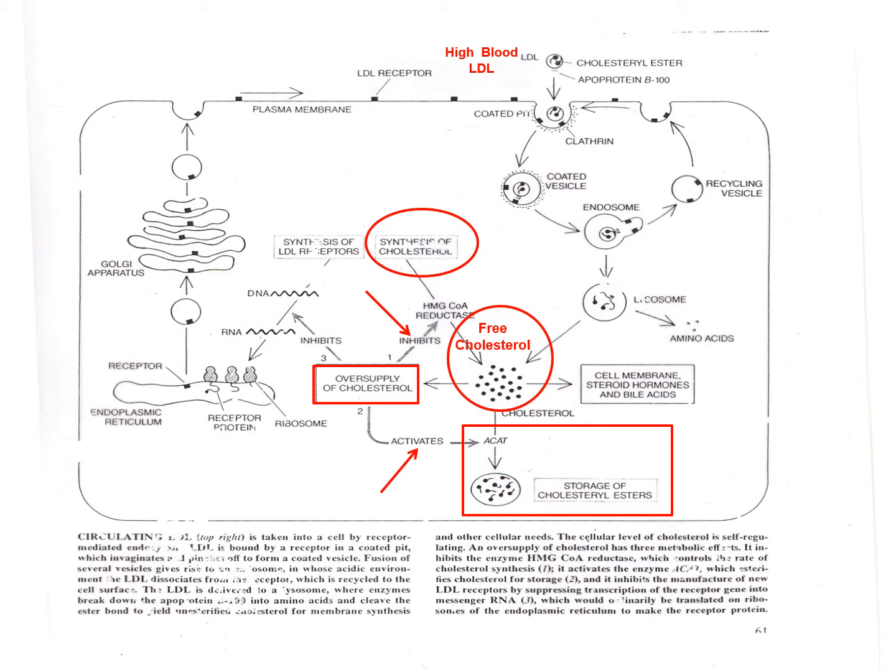Then I want you to know this ACAT system, and you'll notice it says activate. So you're going to activate the ACAT system, and what you'll notice that ACAT system is doing is taking that free cholesterol and re-esterifying it. You notice that in the bottom of that red box where it says storage of cholesterol esters, the cholesterol now has little tails on it, or basically what's happened is you've added fatty acids to those cholesterol and re-esterified them for storage.